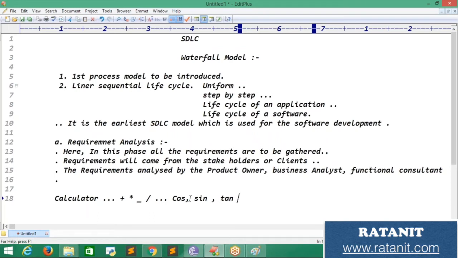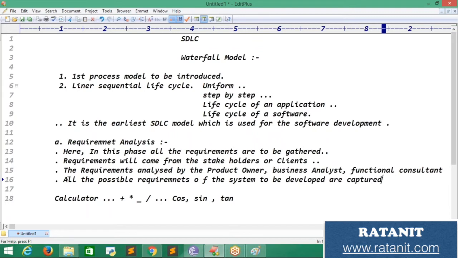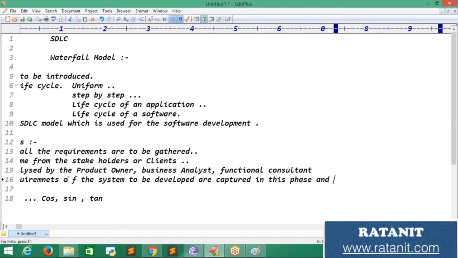Next, remember one important thing about this: let me write this statement for you. In short, all the possible requirements of the system to be developed, what needs to be developed, are captured in this phase